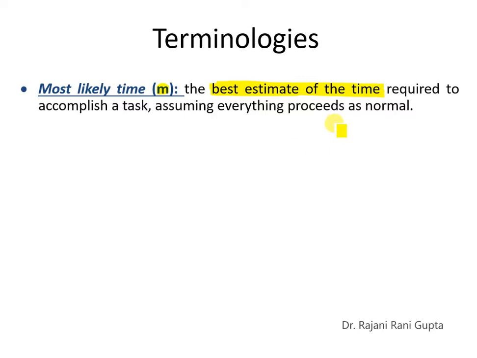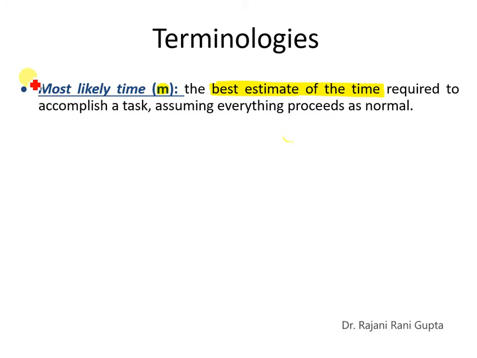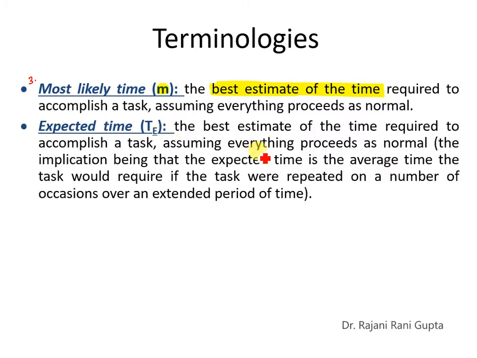So we have now three different times: optimistic time, pessimistic time, and most likely time. So these are the three times that are defined in a PERT network. Now we cannot work with three different times. So for that purpose, we calculate the expected time, that we denote by TE, or we can simply use the notation small t. So how do we calculate that expected time out of these three given times?